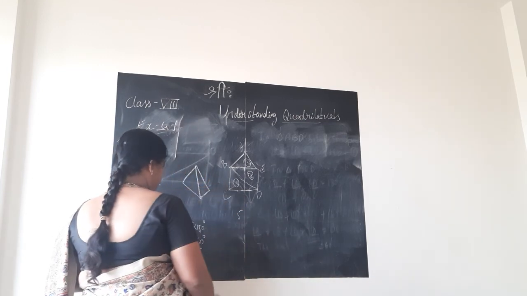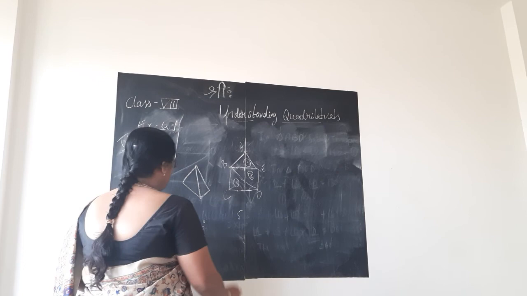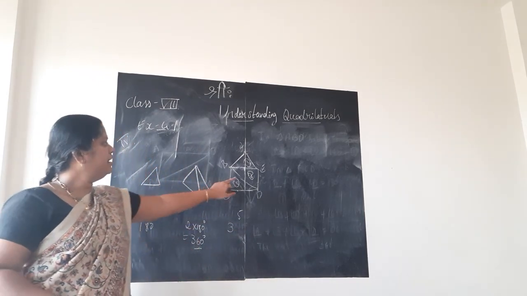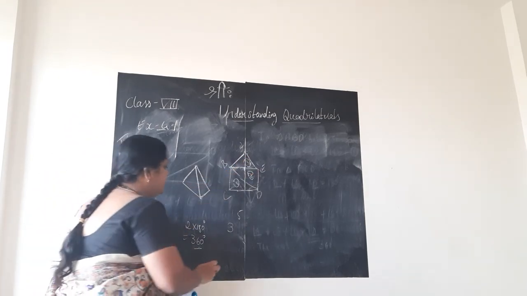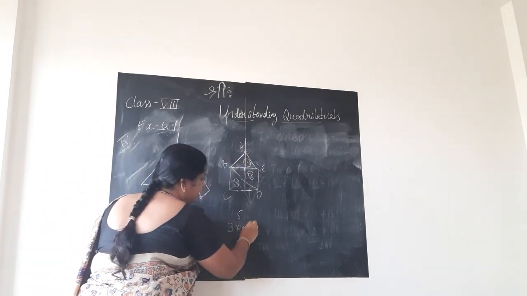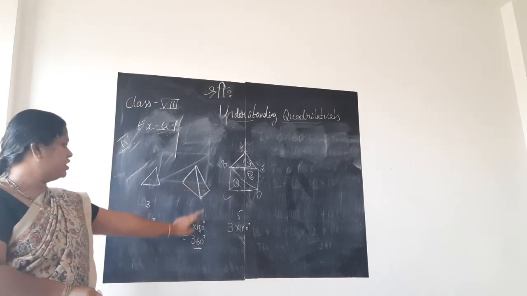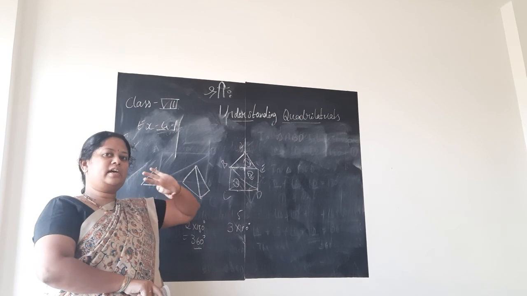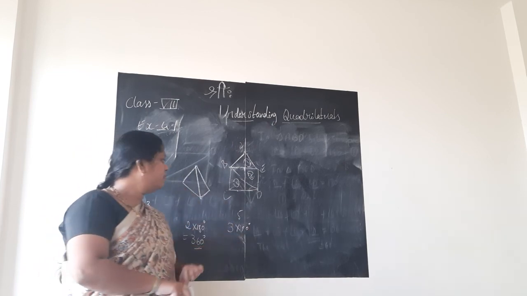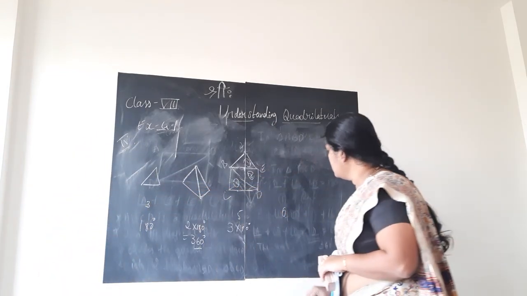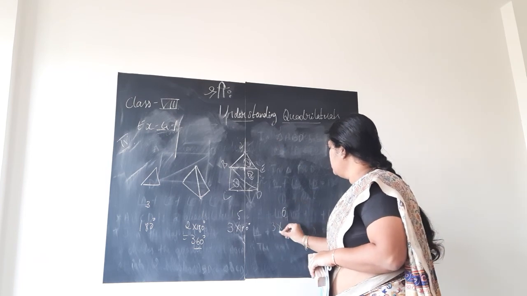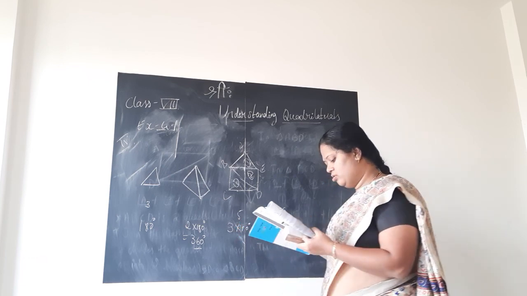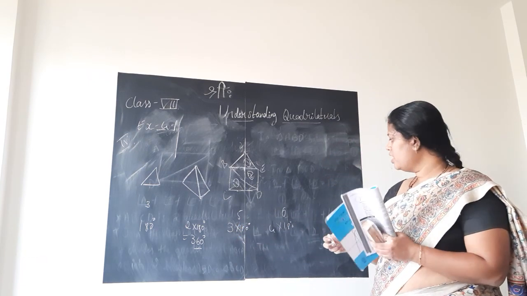So, pentagon has 5 sides and 3 triangles are there. We will do it in this way. 3 triangles are there, means 3 into 180 degree. Why 3 into 180 degree? Here 2 triangles we had, so 2 into 180 degree. Here the diagonals which we drew for pentagon gave us 3 triangles. So, 3 into 180 degree. Similarly, if you consider hexagon, 6 sides, it will be 4 into 180. Like that it goes on, children.